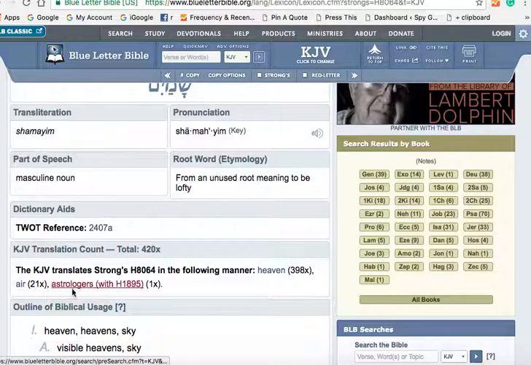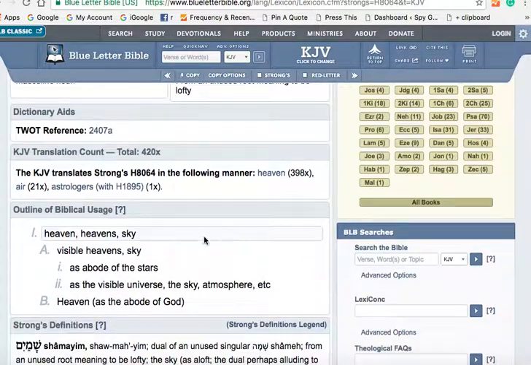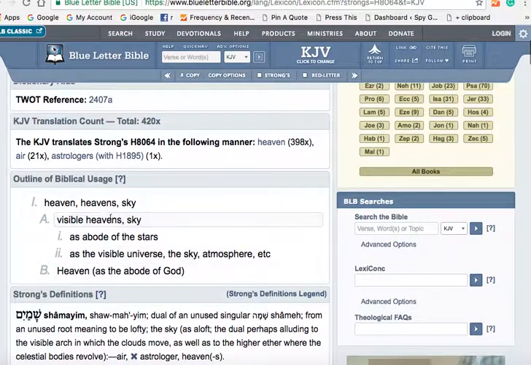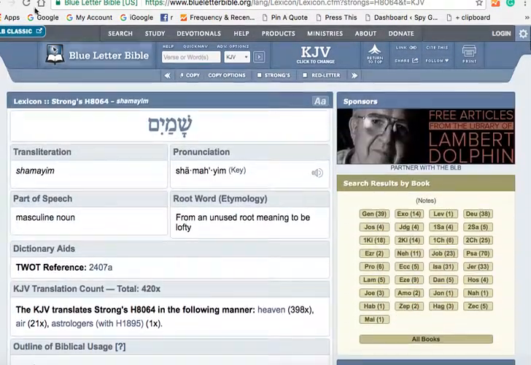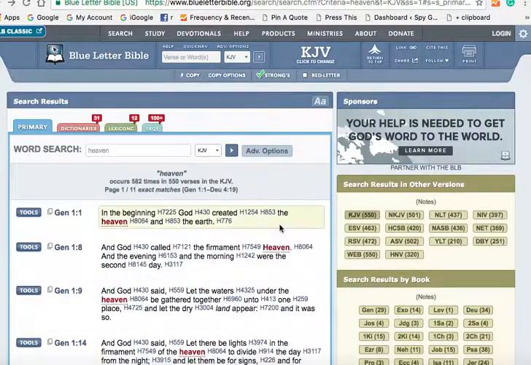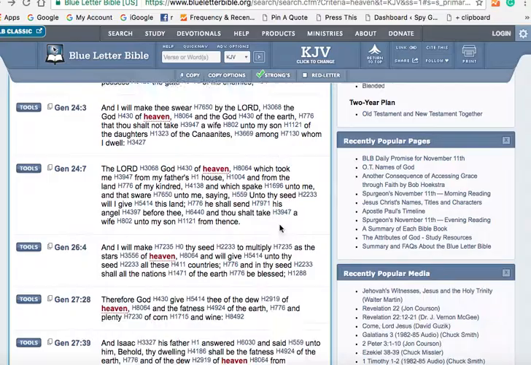But even with astrologers, it sort of gives a slant, and with air, to the sky and to the heavens and things of that nature. Okay, so anyway, we have Shamaim, and it also gives an understanding of how this is broken down and the definition of how it's actually used in the Old Testament. Now let's go back to the word, and we're going to scroll down here to get a Greek word,